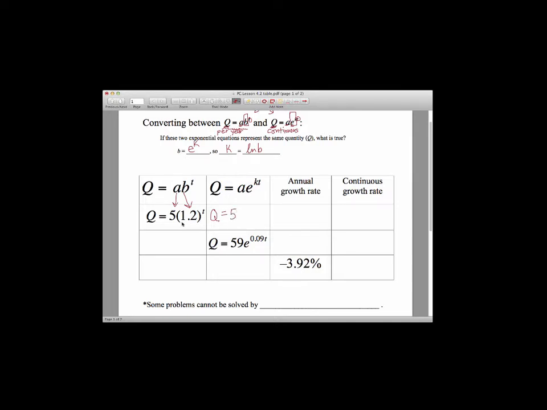But now where this number is, 1.2, well, that's our b. Where b is, we would like to replace it with e to the k. So we need to figure out what k is. We know how to do that because from this formula at the top, k can always be found by taking the natural logarithm of your b, the growth factor. So all you have to do is take out your calculator and calculate the natural logarithm of 1.2, and you'll find that it is